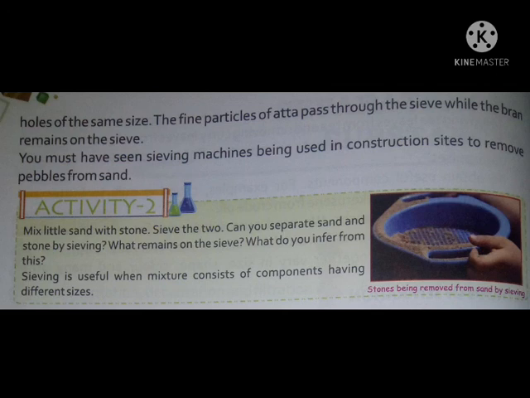So collect some stone and mix it with sand, and by using a sieve you can separate sand and stone very easily. Okay, sand can pass through the holes of the sieve and the stones remain in the sieve. So like that you can separate sand and stone by using sieving. Understand?